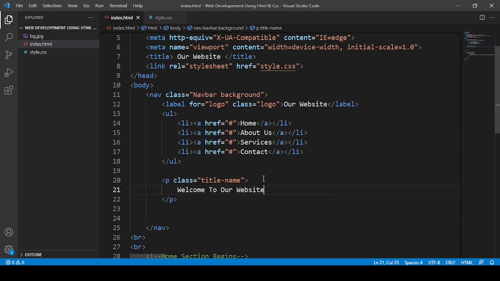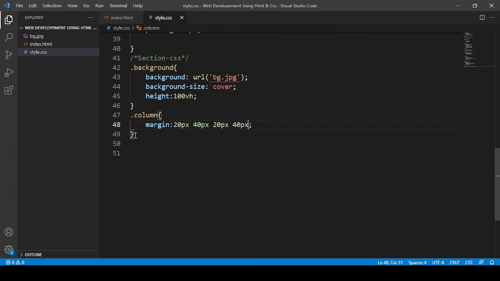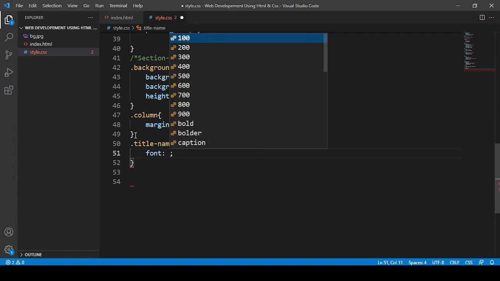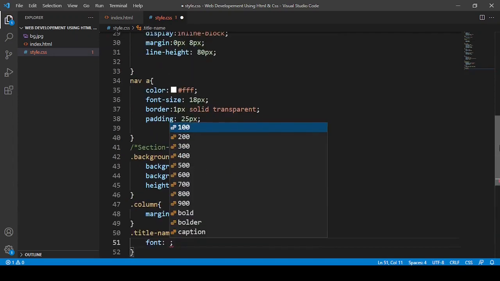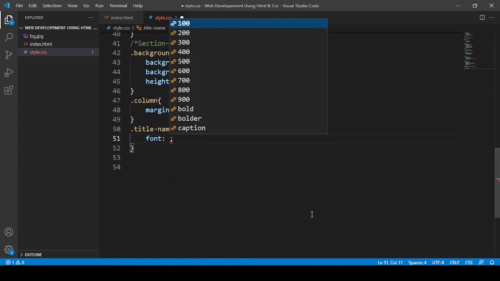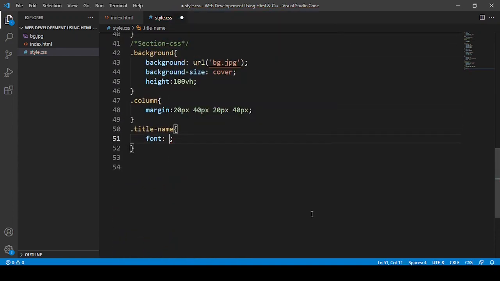So in that title-name I'm going to give some font size, like 35px, I will give it 38px.